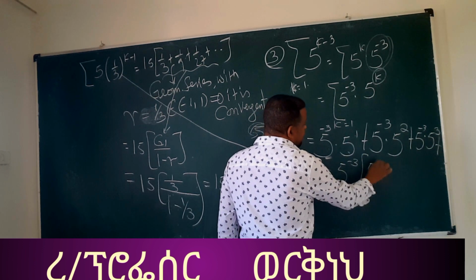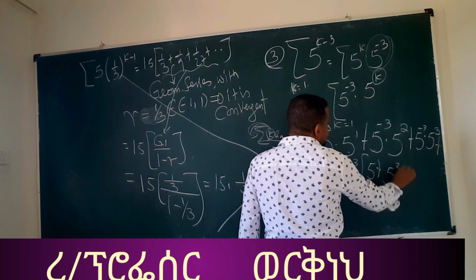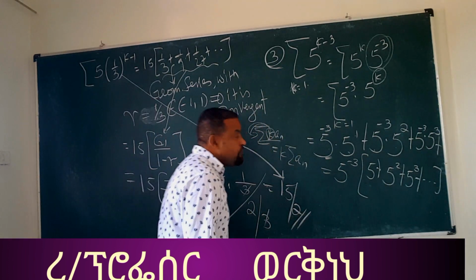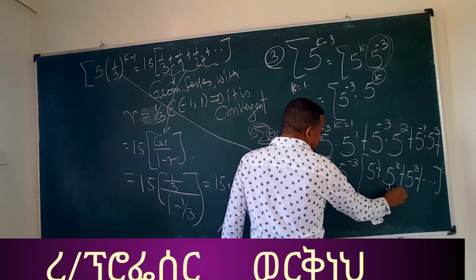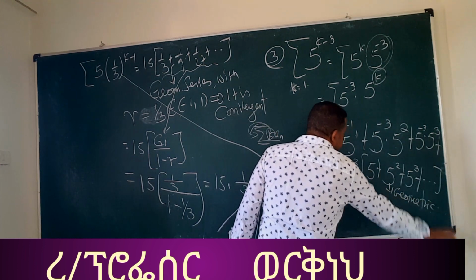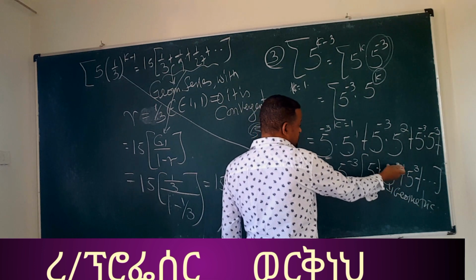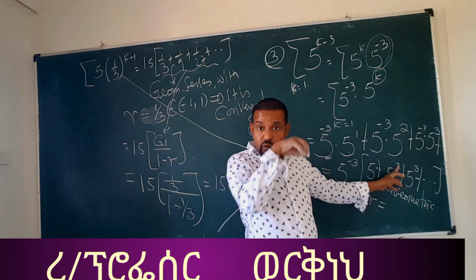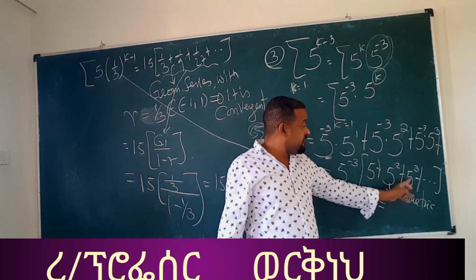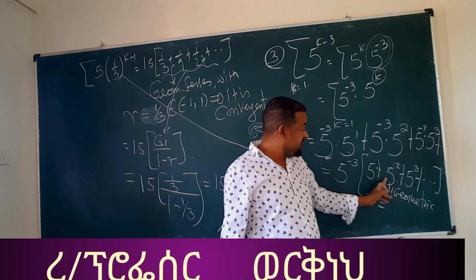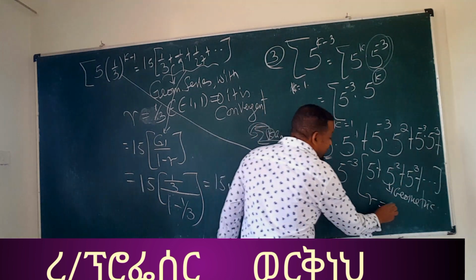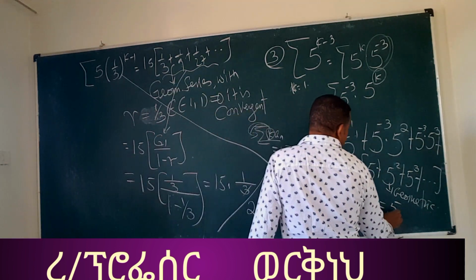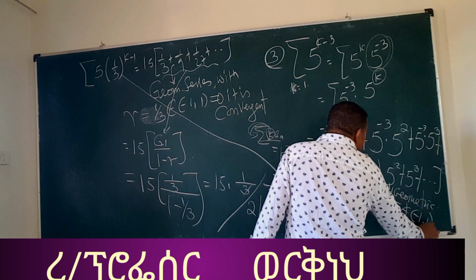ኮመን ይወጣና ይሄ ይሆናል: this is 5 plus 5 to the power of 2 plus 5 to the power of 3 plus እያለ ይቀጥላል። አሁን ልብ አድርጉ, it's a geometric series with g1 5, g2 5 squared, g3 5 cubed። What is the common ratio? 5 squared ማለት 25 ነው, 25 divided by 5 is 5፣ 5 cubed ማለት 125 ነው, 125 ሲካፈል ለ25 5 ነው። ስለዚህ common ratio 5 ነው፣ ይሄ በ -1 እና በ1 መካከል አይገኝም። This common ratio r equal to 5 is not a member of (-1, 1)።